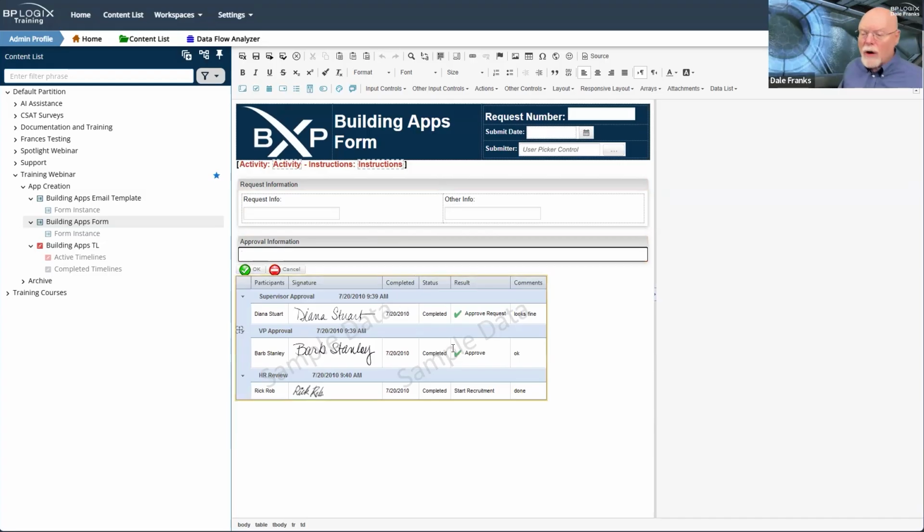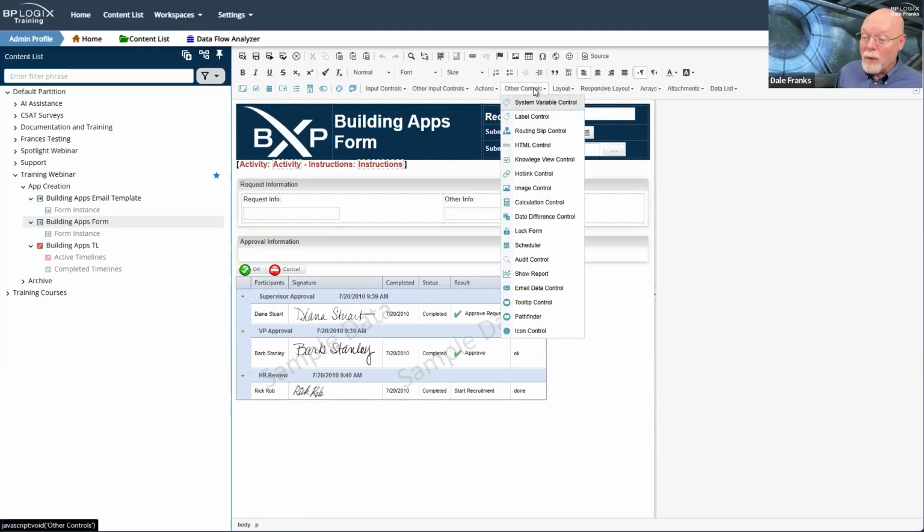If you look down here at the bottom of the form at the routing slip, you see the very last column is called comments, and there's a comment, looks fine, okay, done. Well, these comments are provided by a control that lives on the form, but is not technically a form control. And that control is the signature comments control.